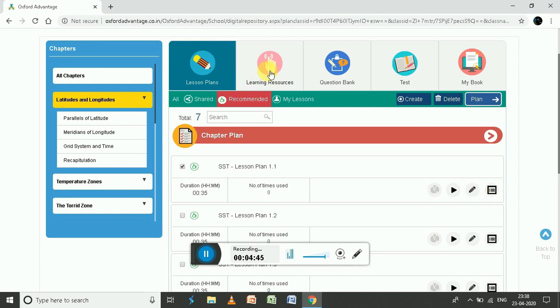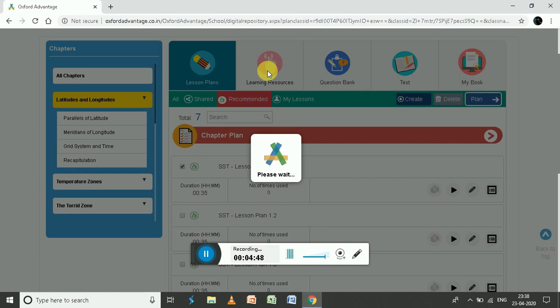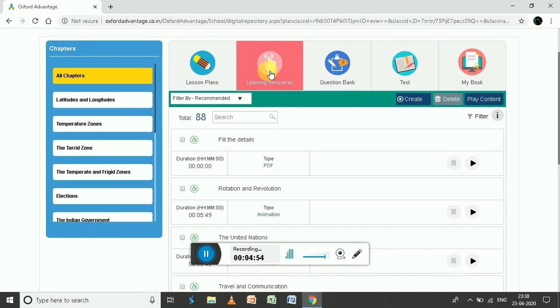Moving on to the next tab, the learning resources. Once you click on the learning resources, it's going to show you all sorts of activities, the PDF files, and the animations that are there for more enhanced learning. And when I say more enhanced learning, that means the child will get more than a textbook. Over here, we are going to find all the PDFs, interactive sessions, and video animations that will help the child to grasp and understand things more, which is not possible by only reading and old method teaching.